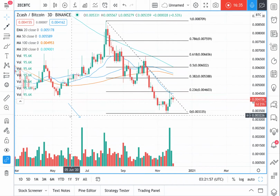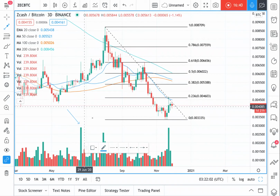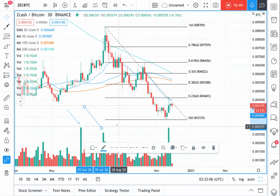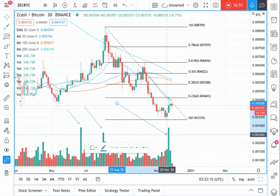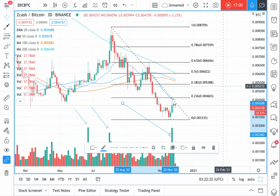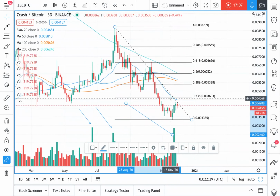When you see volume candles that far outweigh the red candles, you know that there's buying going on. There's a lot of buying in the market, accumulating, and I would be surprised if Zcash didn't go on a run and target 5388. I think that's the next one to look at. It's below its moving averages because it's